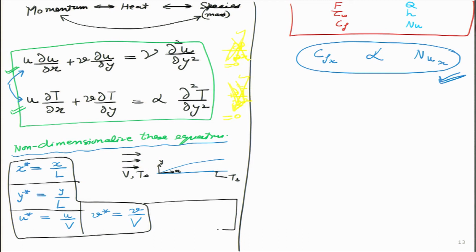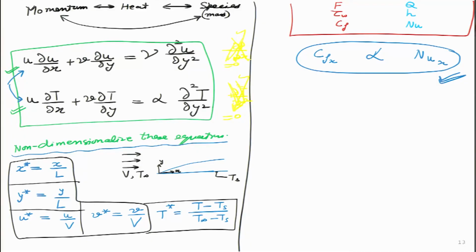and the last one I will do is I will non-dimensionalize temperature also. So, I will now do that. What I will do is introduce a non-dimensionalized temperature T star, which I will take as the difference between T and T surface, divided by the difference between T infinity and T surface. So, in all the cases this non-dimensionalized parameter will go between 0 and 1. If it is 0, then it is the lowest value, if it is 1, then the highest value. Now, let us apply all these non-dimensionalizations in the two green equations given on the top left side, and then see what happens to these equations.